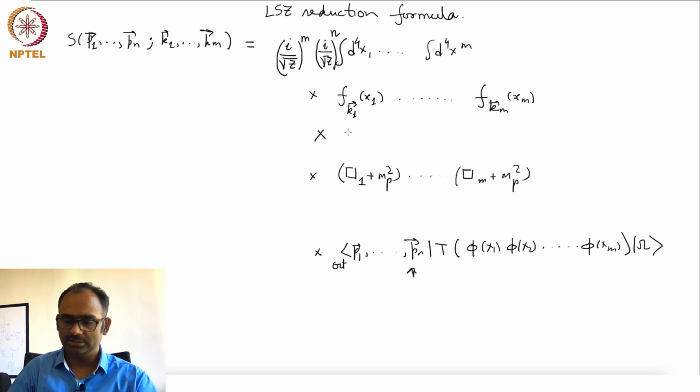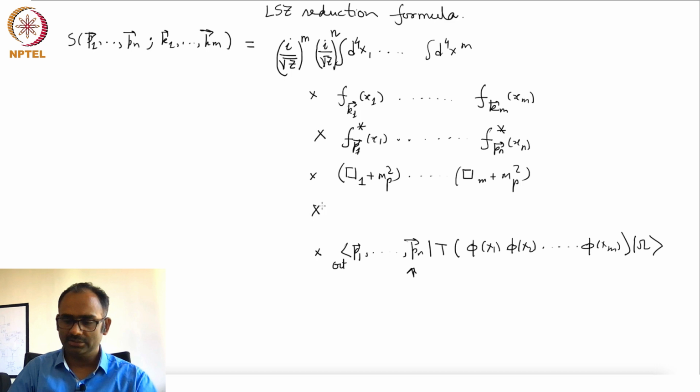Then you are going to get f of P1 x1, but this time it will be a complex conjugate, Pn xn and a complex conjugation here, times